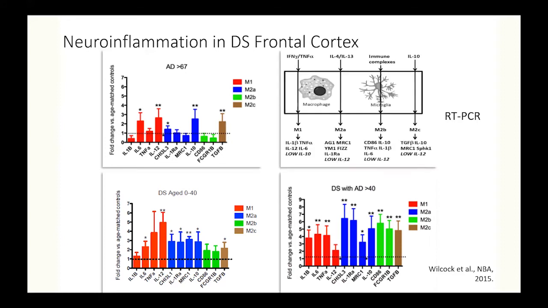So the way Donna explained this to me is if you break it down into these different classes, M1, M2A, M2B, M2C, you can get some idea of what the pathology underlying that profile might be. And I think really of interest to us with this M2B phenotype, it's typically associated with immune complexes forming in the brain. And that was the unique pathway that came up in our Down syndrome cases. So that led us down, as you can well imagine, the next path. And that is, what do microglia look like in the brains of people with Down syndrome?